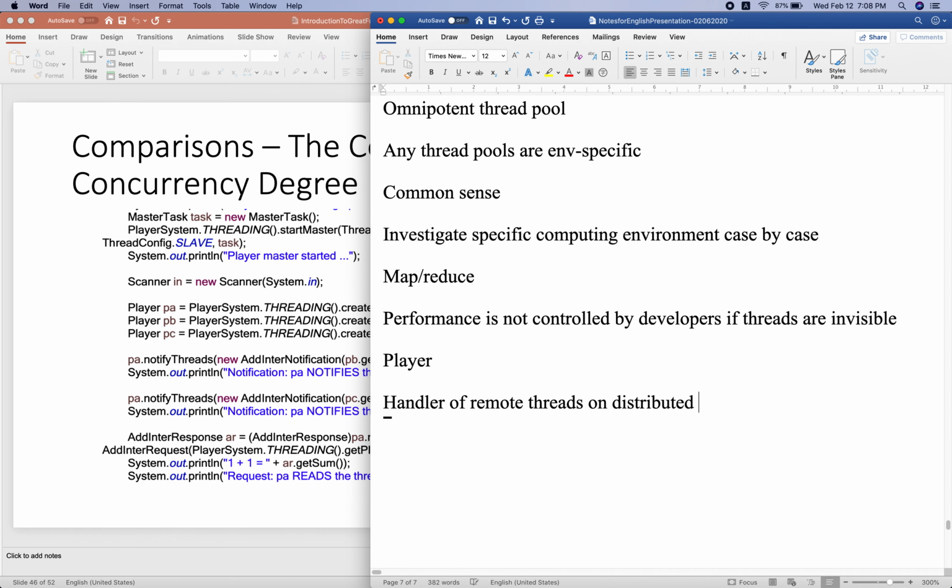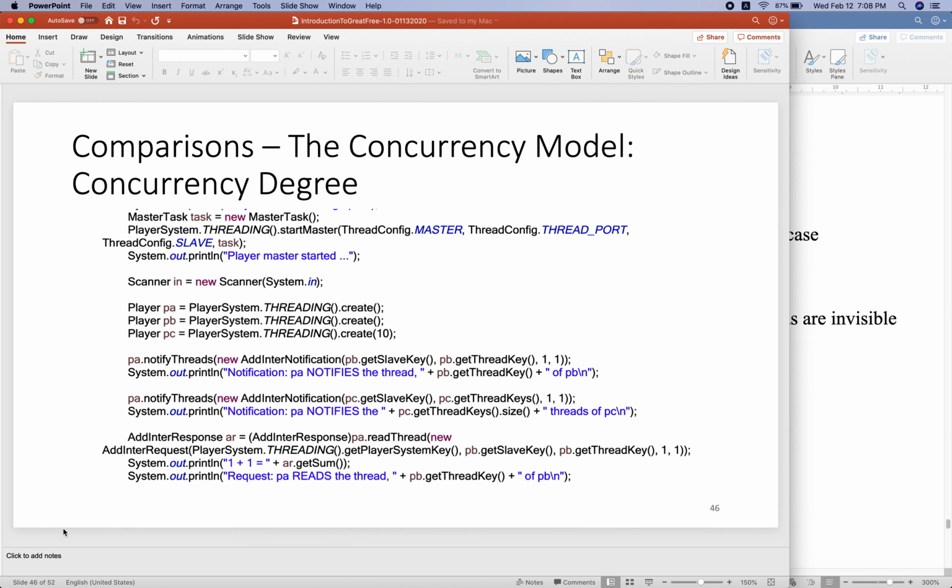The player can be explained in this way. So if you program with player, that means you are trying to control the remote thread directly. This is the client side. On this client, some players are created. Here is a create. Here is the parameter for player PC.